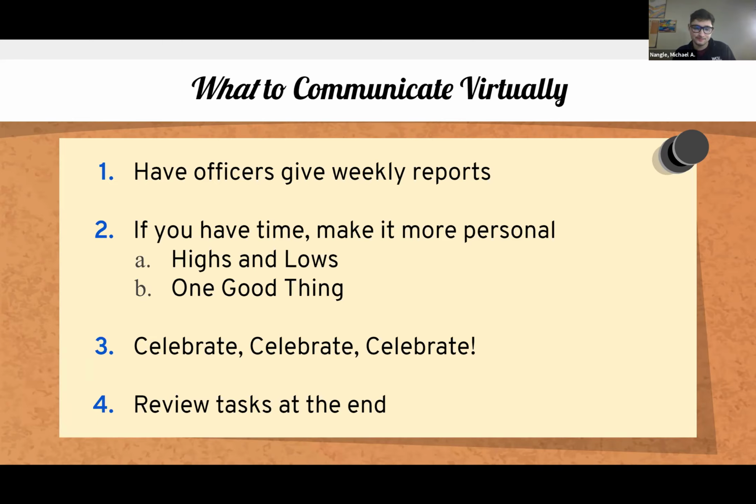On a similar end, make sure that you are celebrating people. If I'm going to use the fundraising chair again, if the fundraising chair raises $200 at their event and they had a whole bunch of help from the student body of your organization, make sure that you're saying that both publicly and in the executive board, making sure that people know that their work matters, making sure that people actually feel helpful and feel heard and feel necessary inside of their positions is so important. And even if you just say thanks and you think, hey, like they know that they did well, it never hurts to hear that you did something good twice.